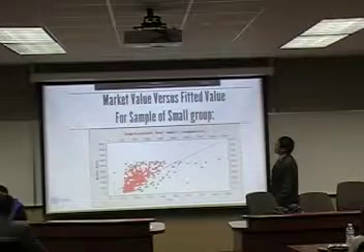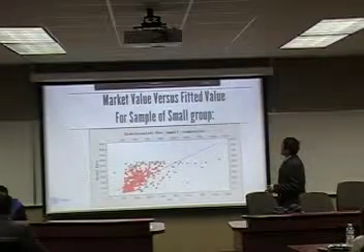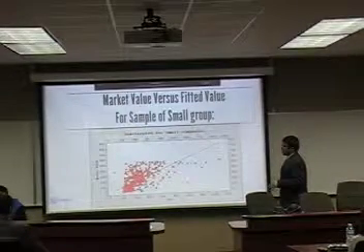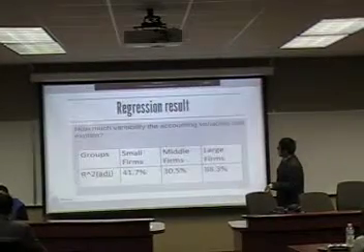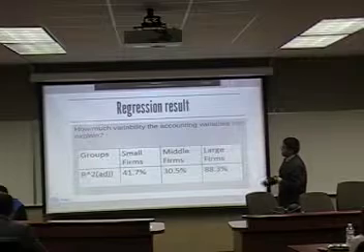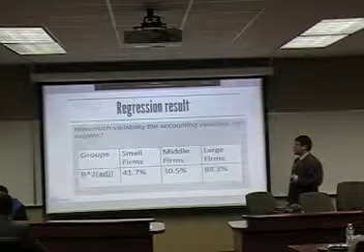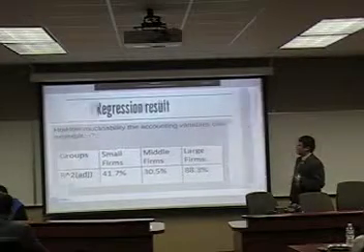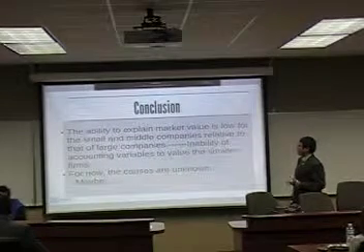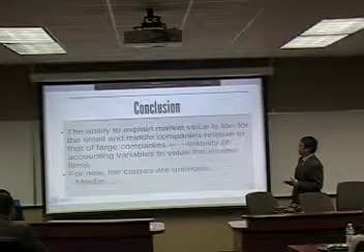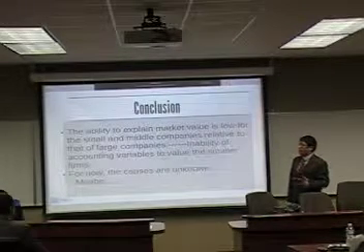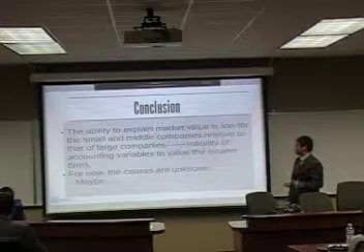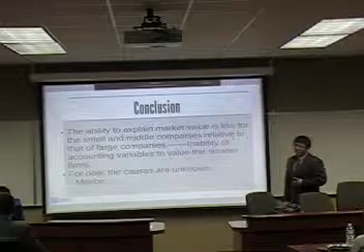So from the plots and the R-square table, we can draw the conclusion that the ability to explain the market value is low for the small and middle companies relative to that of large companies, which is how I got the title, Inability of Accounting Variables to Apply to Smaller Firms. For now, the cause is unknown.